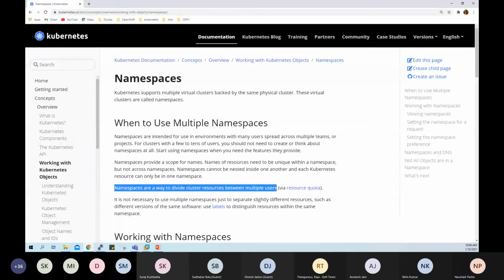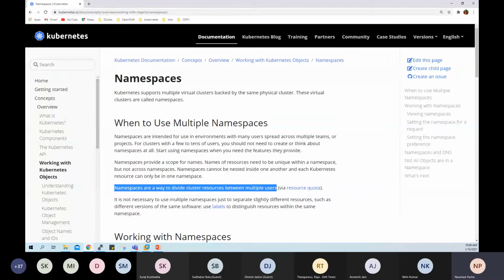Maybe just take an example of one of the large organizations, such as Cisco or Cognizant. If they have a Kubernetes cluster deployed for the use of developers, and there may be developers working for different teams, for each team we can create a separate namespace from the same cluster and also apply some limitations on how much of the cluster resources each team or namespace can leverage.